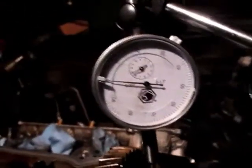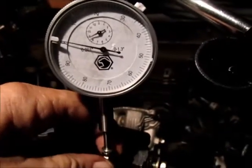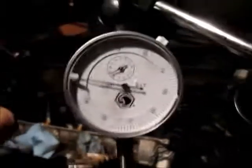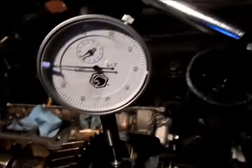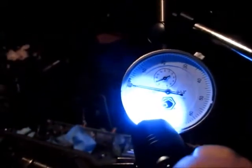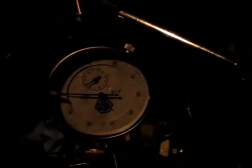Alright. Okay, so now we're going to check the intake cam for run out. So again, this thing is spring loaded, and you want to zero this before you do anything. So make sure you got it right on your zero point right there, and then that's good. Okay, then you just turn your